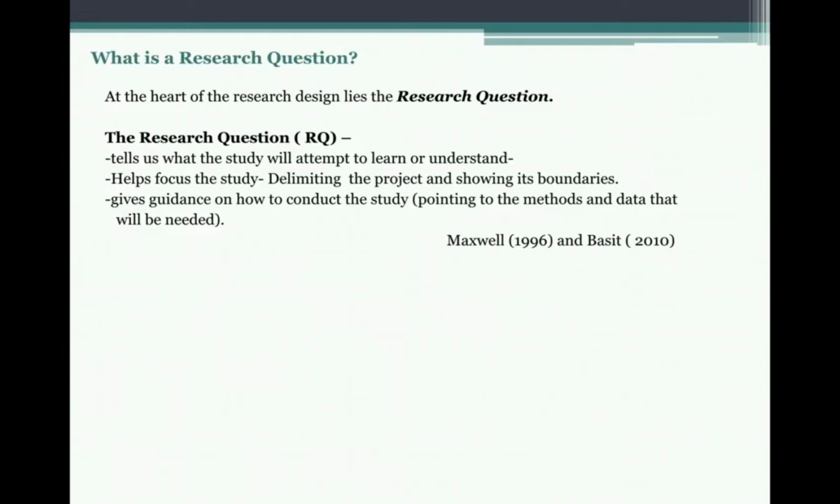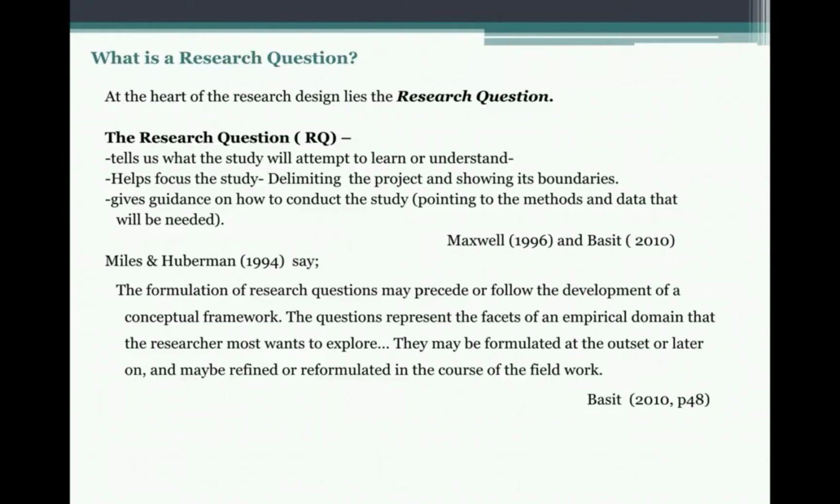थर्डली हमें गाइडेंस देता है कि ये रिसर्च क्वेश्चन आखिर किस तरीके से इस स्टडी को कंडक्ट करवाएगा। इसका ये मतलब नहीं है कि अगर आपने रिसर्च क्वेश्चन डिसाइड किया है तो उसका एक ही तरीका होगा स्टडी को कंडक्ट करने का, लेकिन नेचर ऑफ द क्वेश्चन के अंदर ये सजेशन मौजूद होती है कि वो किस किस्म की मेथडोलॉजी के साथ मेजर हो सकता है या आंसर हो सकता है।